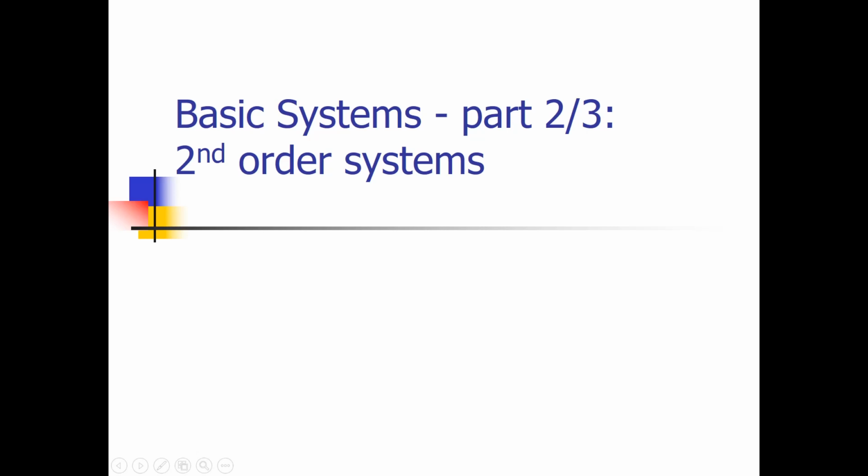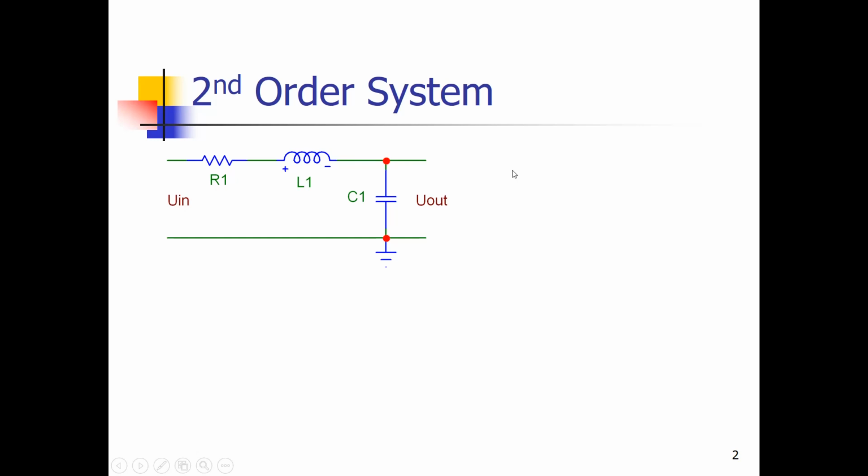Hi everybody. Many mechatronics systems can be divided into so-called basic systems. This is video number 2 in a series of 3 videos, and in this video I'm going to discuss second order systems. We start off with a second order system from electronics. There could also be second order systems from mechanics, for instance a mass spring damper system, but let's start by discussing